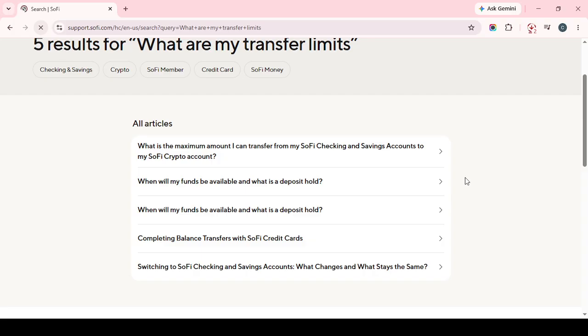And that's it. You've successfully found and reviewed your SoFi transfer limits using the Help Center, so you can plan transfers more confidently and